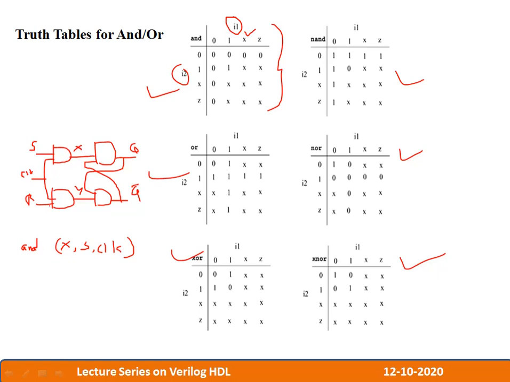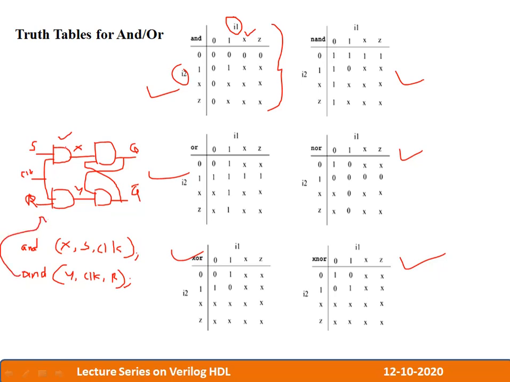Then again I require one more AND gate. For that, what are my inputs and outputs? I'll write again, and the output is y. One of the inputs is the clock, the other input is r. I'll write similarly for the other AND gates. Now, as a user, I can see the circuit and mention that this line belongs to this particular AND gate, and this line belongs to that AND gate.